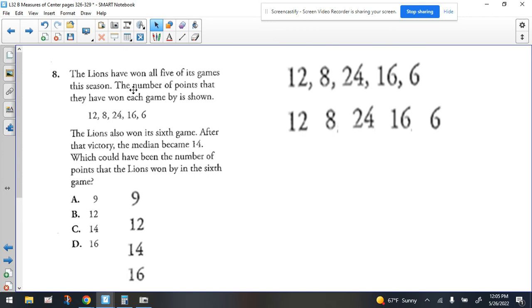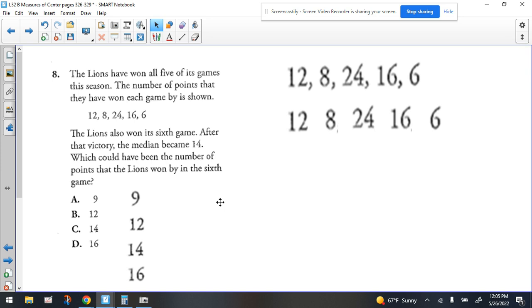We're looking at question number 8. The Lions have won all 5 of its games this season. The number of points that they have won each game is shown below. Here they are, and I also have them represented here. The Lions also won its 6th game. After that victory, the median became 14, which could have been the number of points that the Lions won by